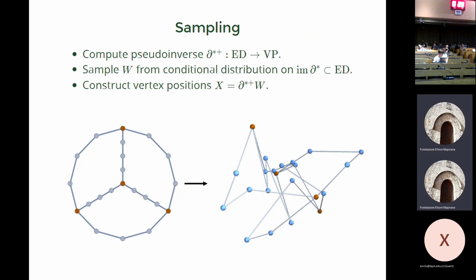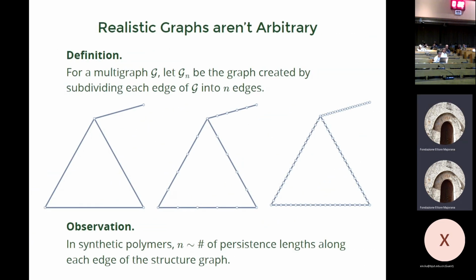Now, I say this, I'm like, great, everything's easy. It's just linear algebra, right? But here's the problem. If you have a lot of vertices and a lot of edges, these matrices can be very large. This graph Laplacian is going to be vertices by vertices. So if you have 1,000 vertices, you have a 1,000 by 1,000 matrix. Maybe that's not so big by modern standards, but nonetheless, eventually you get very sad if you're dealing with extremely large matrices and you're trying to compute pseudo-inverses and things like that. But here's the thing.